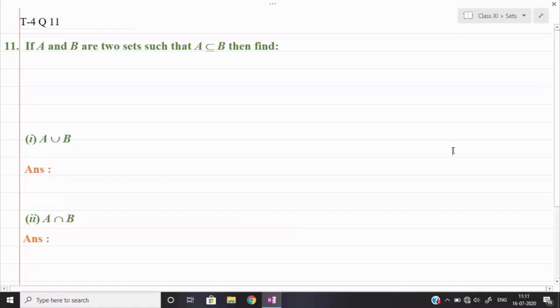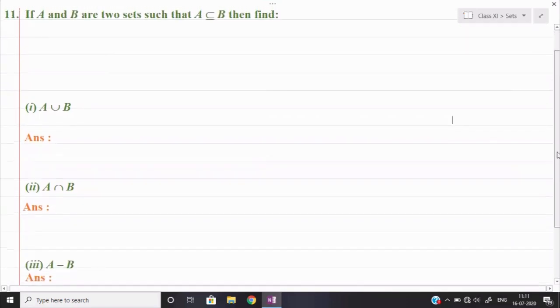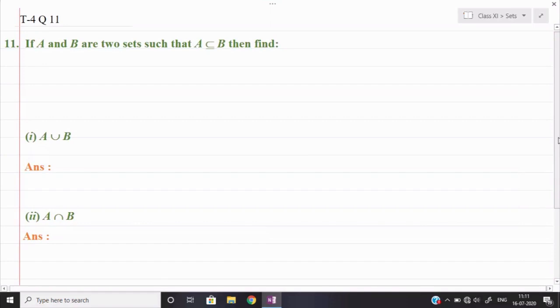So question number 11, what is given here? We are given that if A and B are two sets such that A is a subset of B, then we need to find the value of A union B, A intersection B and A minus B. Remember, here we shall take the elements in sets A and B in such a way that they fulfill the given condition. Then accordingly we need to see what can be the value of A union B, A intersection B and A minus B. Okay, so we have to generalize the given concept. However, we shall generalize the given concept with the help of certain values.